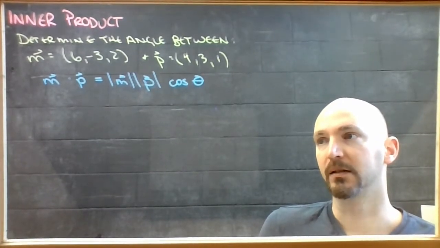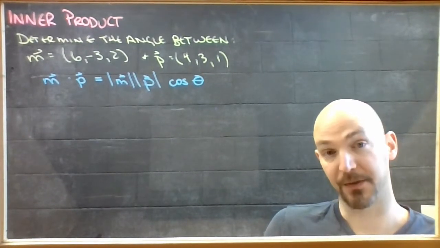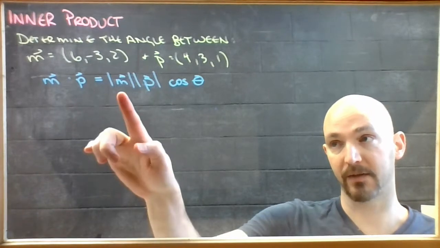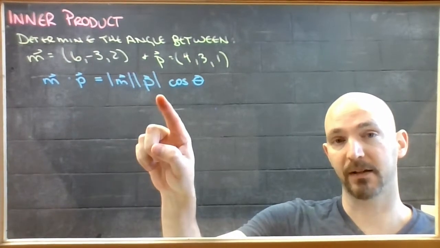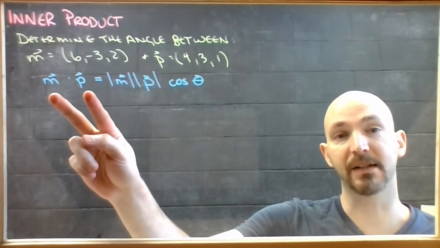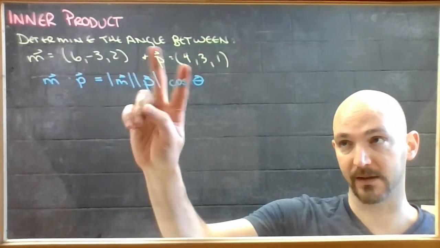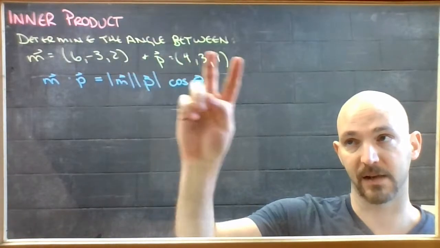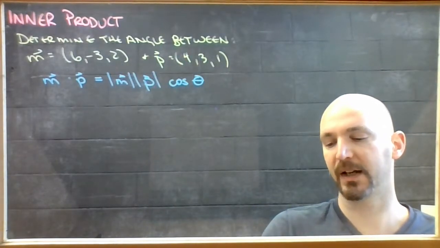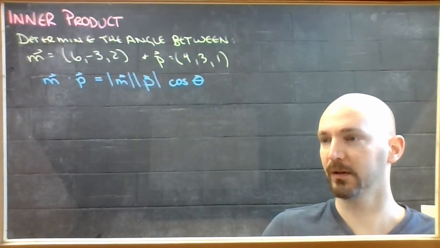All right. So I'm going to need to get three things in order to answer this. I'm going to have to get the magnitude of m, the magnitude of p, and then I'm going to have to execute the dot product between m and p manually by doing x's times x's, y's times y's, z's times z's. So if I do that in that order,